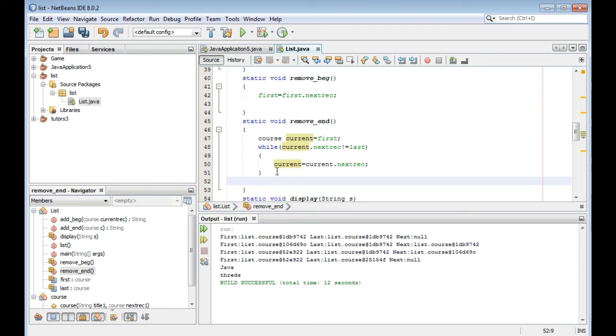Then current is equal to current.next rec. This is okay.